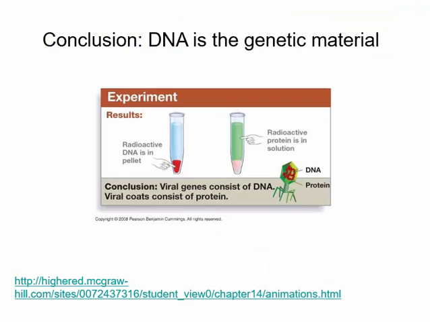And so what did they find? When they have DNA, radioactive DNA, it pellets with the bacteria. That means that's what's getting into the E. coli. When they have radioactive protein, that's what we see over here, it doesn't pellet with the bacteria. That's not the thing that's getting into the bacterial cells. In fact, it just floats around up here. It's just the empty husks of those radio-labeled